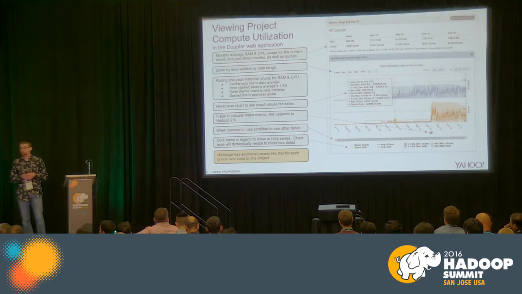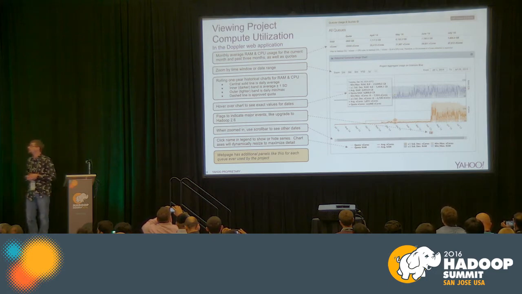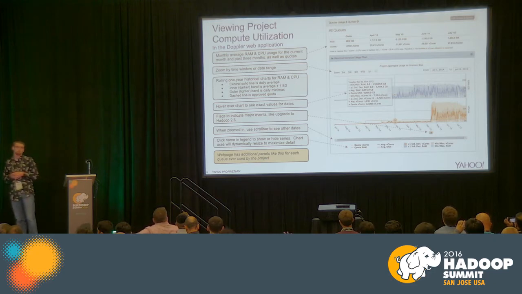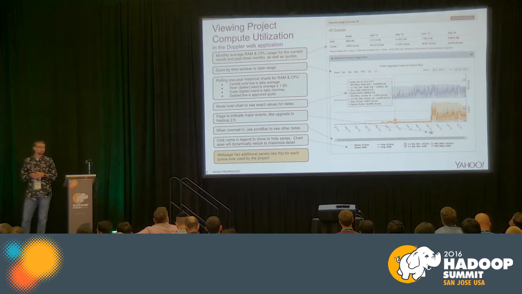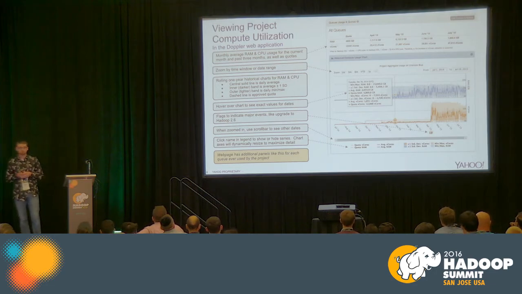Also at Yahoo, we have a web application we call Doppler for our cloud project forecasting and tracking. Through our Doppler application, our projects can see a rolling 1-year history of their compute resource usage. There's a lot going on here in the slide, so I'll step you through it real quick. There's a table at the top where we show on the right side the current average usage for each resource for the current month, and to the left of that, the previous 3 months. We also show their current approved quota. So it's easy to see at a glance a general upward trend, or if they're over their limit, which is the case for this project.